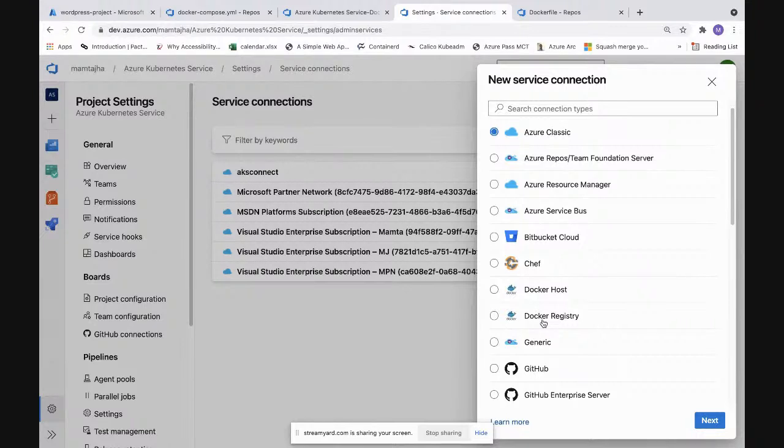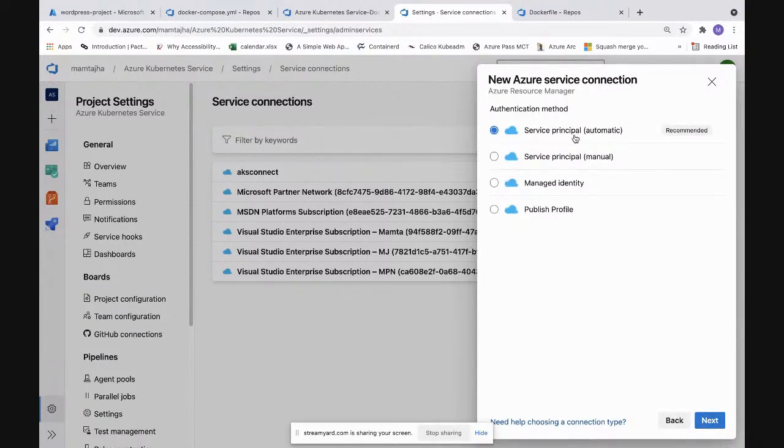Those need authentication. If I say connect to hub.docker.com, don't you think it will ask me, hey, Mamta, what's your username and password to connect to your hub.docker.com? Correct? So for any third-party service, when we want to send a notification or do an action over there, I would need authenticity for that, and that is when we create a service connection. Because we are picking up the subscription level, it normally comes here.